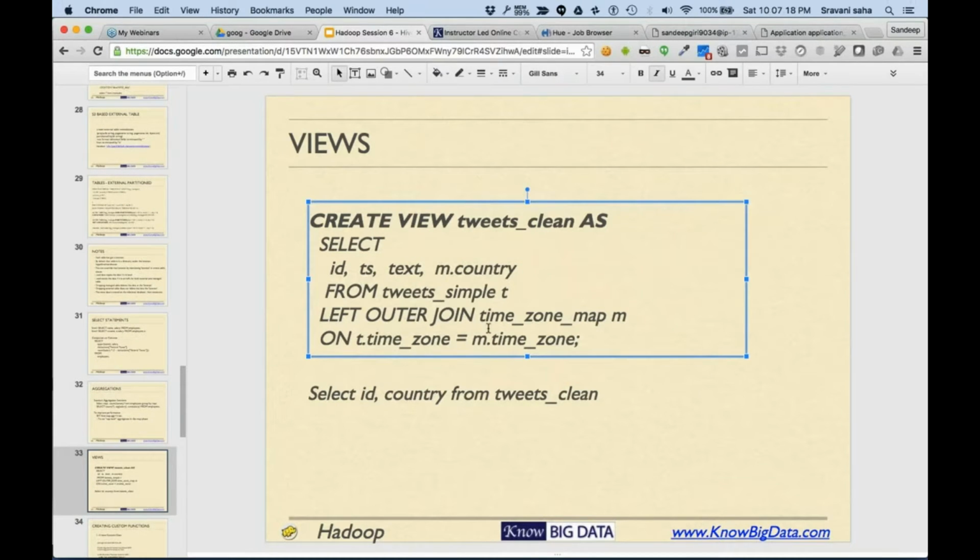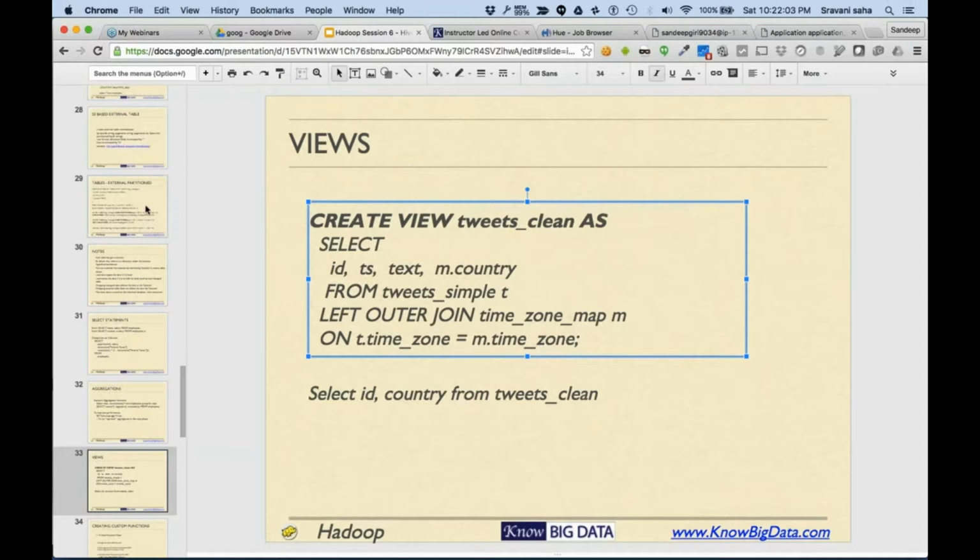Okay. Now, views. Whenever we are creating a temporary table, it persists the data, meaning even if the source changes, the temporary table will have the old data. And that's where views come into play. Okay. So when you have complex queries, you can create views over them so that you can simplify the complex queries by breaking them down into views, right?